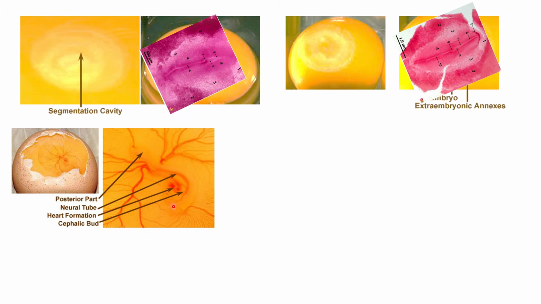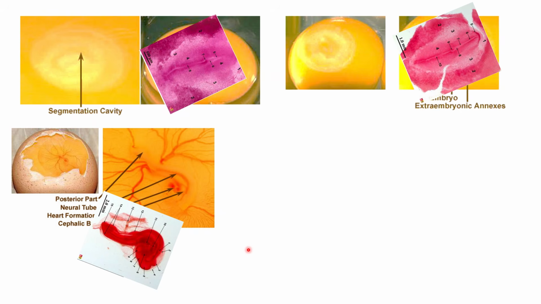And then as the embryo develops more, you would have the actual folding of the cranial part of the embryo. And you can see that there are more and more structures being formed. If before there are only blood islands or clumps of RBCs, now you would have your actual vessels. Okay?